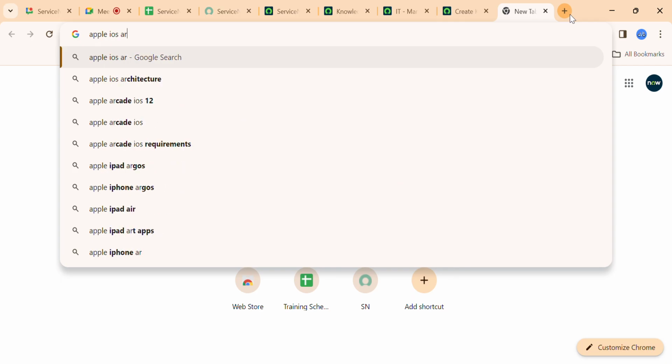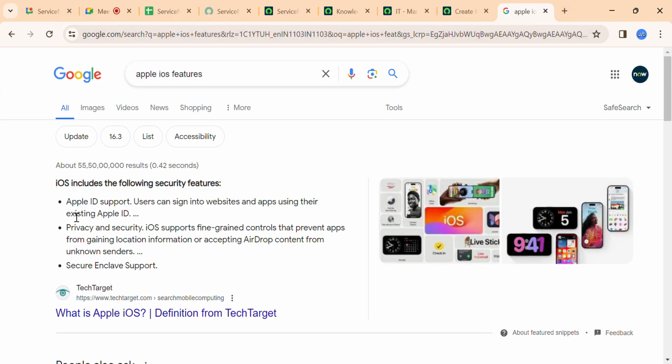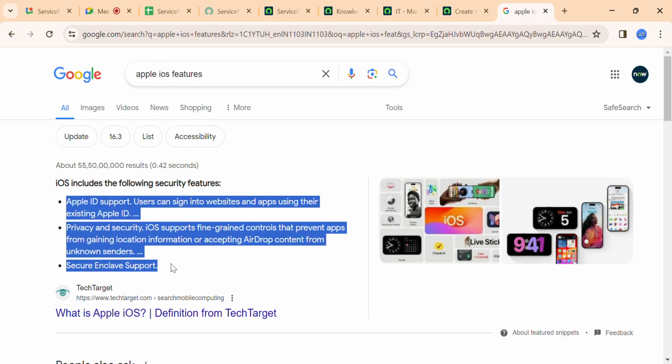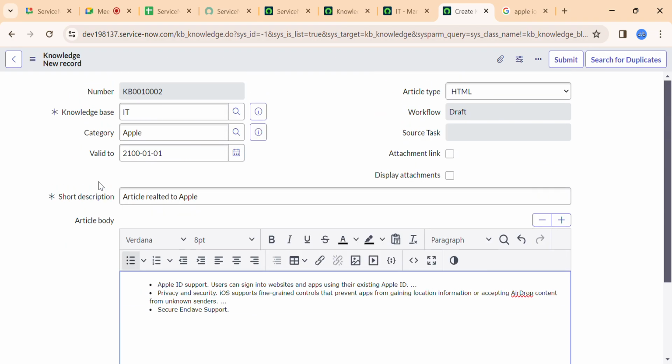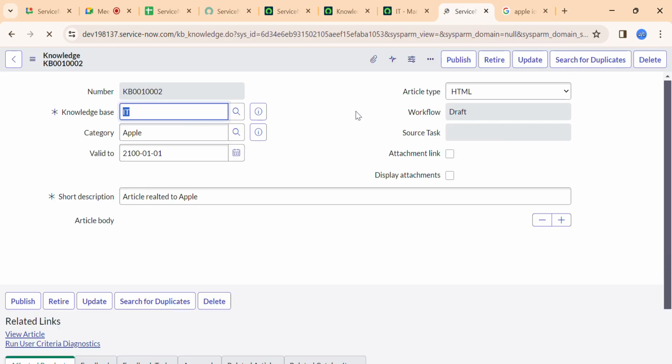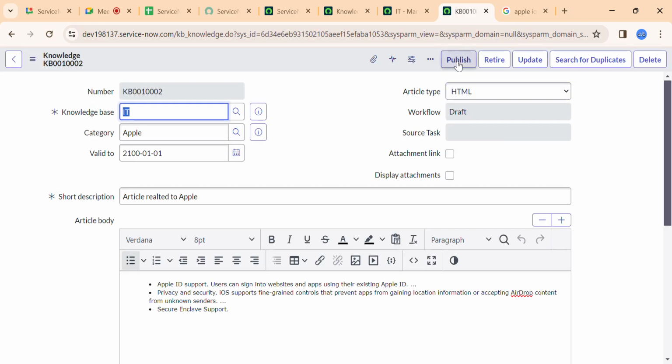So let's quickly write Apple iOS features, let's just say, and let's copy this for now, and paste over here in the body. And then once you create this, the stage is draft, if you see. So now let's save this.